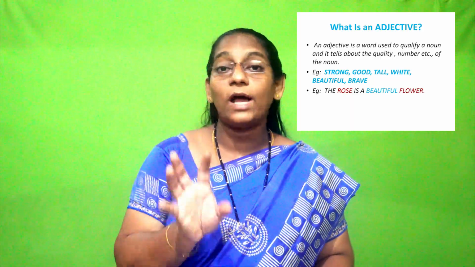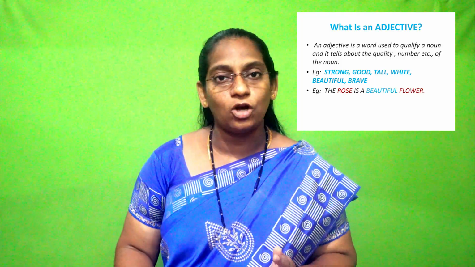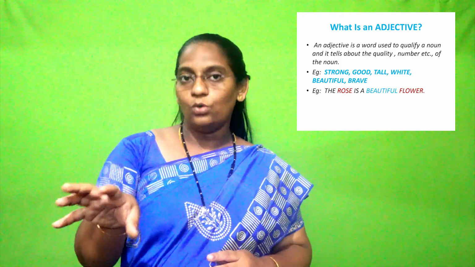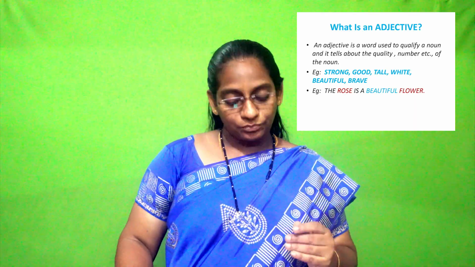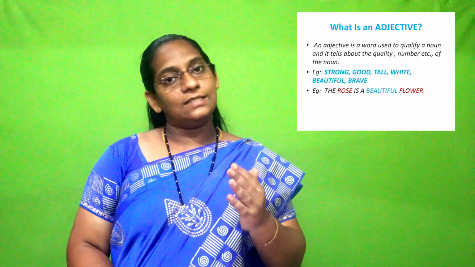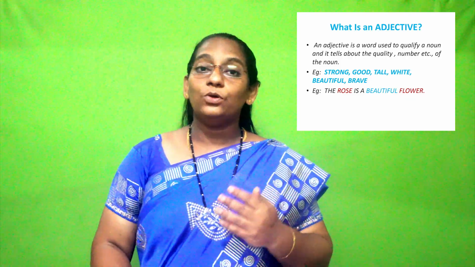So now we are going to discuss what an adjective is. An adjective gives information regarding the noun, or else it qualifies the noun by providing information, or it tells about the quality and quantity of the noun in a sentence. A few examples of adjectives are strong, good, beautiful, etc. So when I want to say a statement like "The rose is a beautiful flower,"